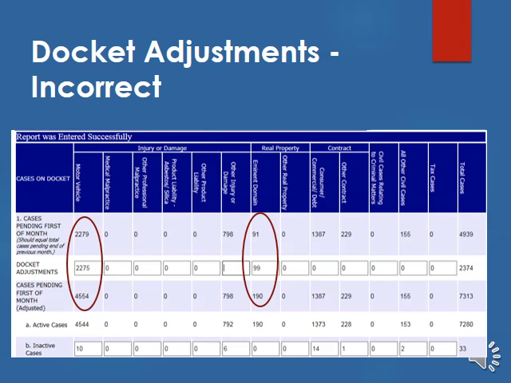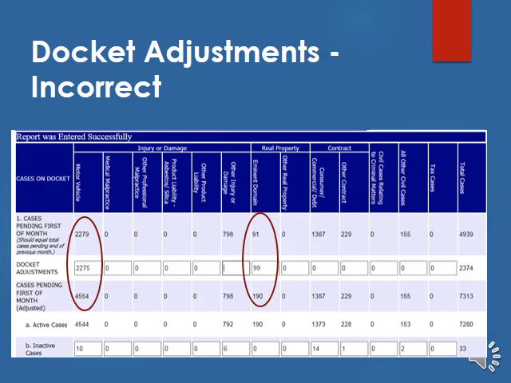In this example, you can easily see that rather than making the adjustments to the numbers properly, the numbers they wanted the pending cases to be were entered. So let's look at the categories where docket adjustments were made. In the motor vehicle category, instead of placing a -4 in the docket adjustment line so that the new cases pending would be